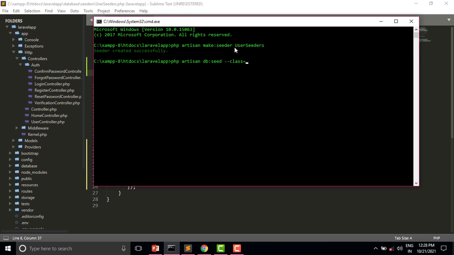In my case I have created the UserSeeder. Hit enter. Now you can see database seeding completed successfully.